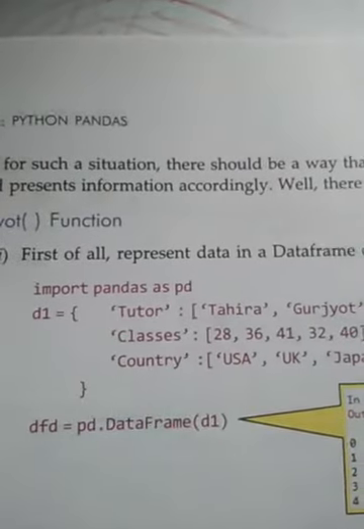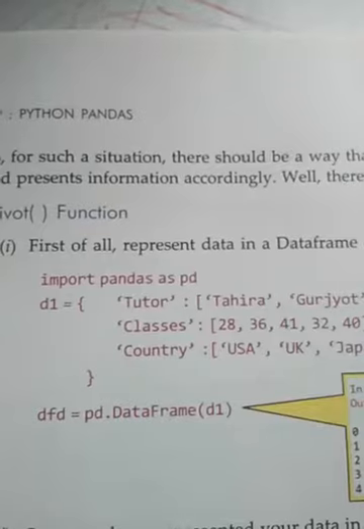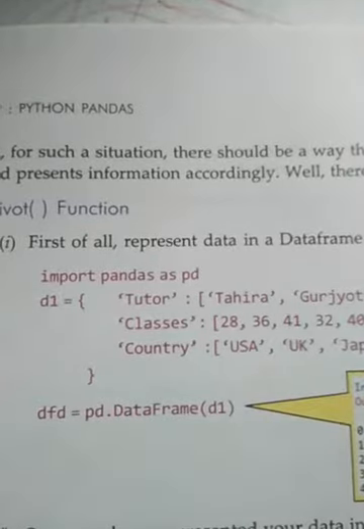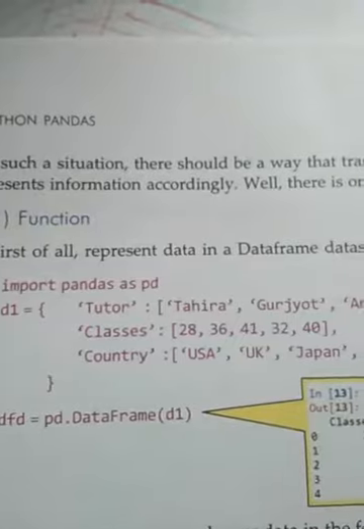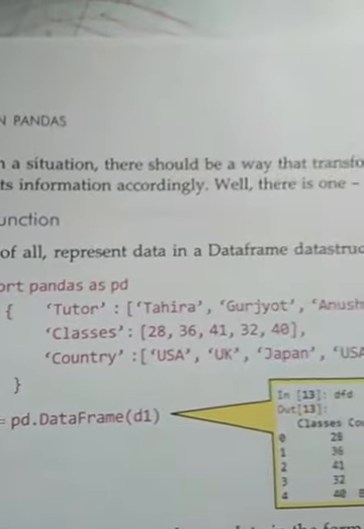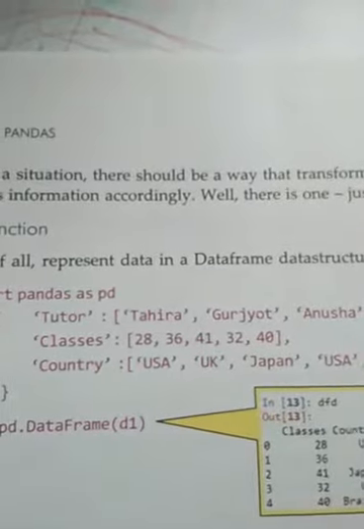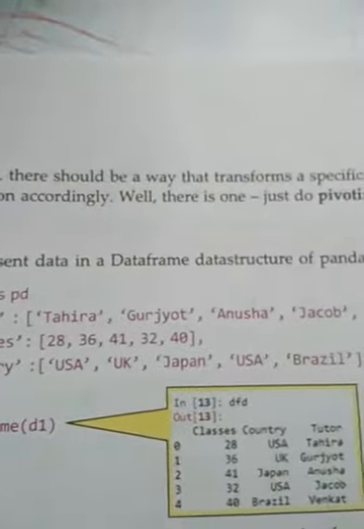So import pandas as pd. D1 is the name of the dictionary, and the values of tutor are Tahira, Gurjot, Anusa, and so on.